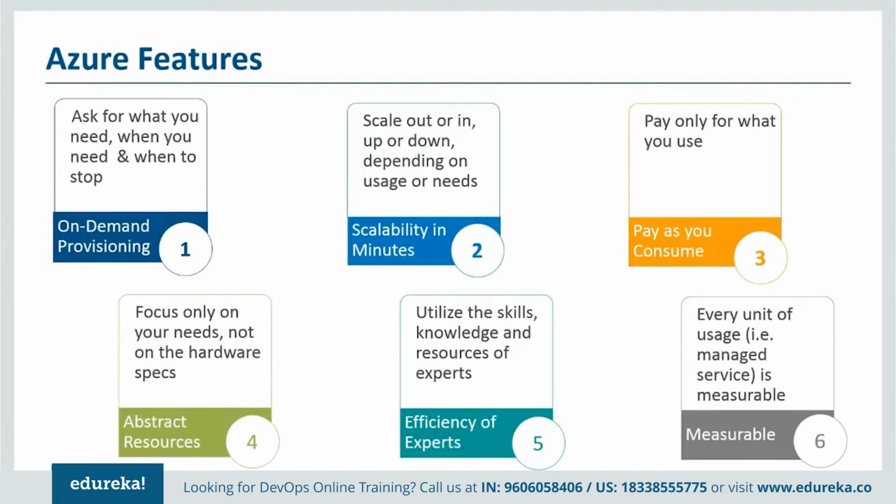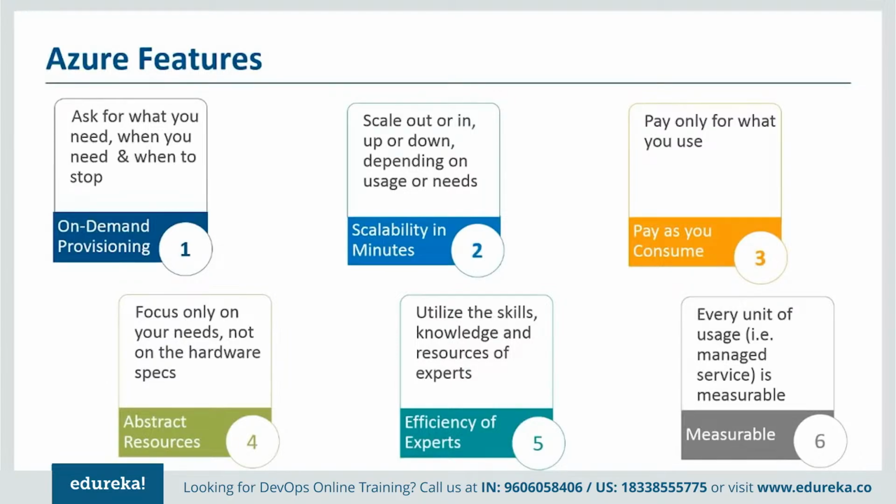If you are right now building a normal, very small application in your dev environment in the cloud, you just pay for one single VM. When you put it to production and want 100 VMs, you can simply scale up to 100 VMs and you pay for 100 VMs. Tomorrow, if the festive season is over for your e-commerce site and the demand comes down, then you can scale down all the machines and you only pay for the number of resources that you provision. So on-demand provisioning, scalability, and pay for what you are using.